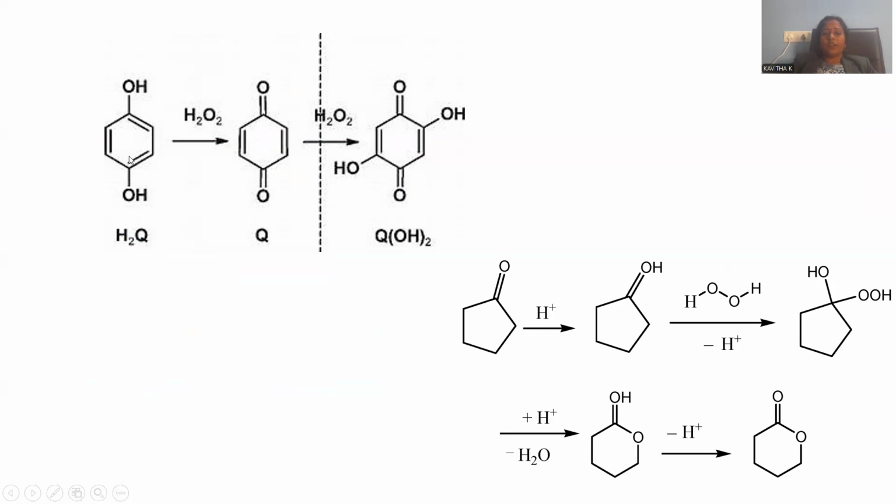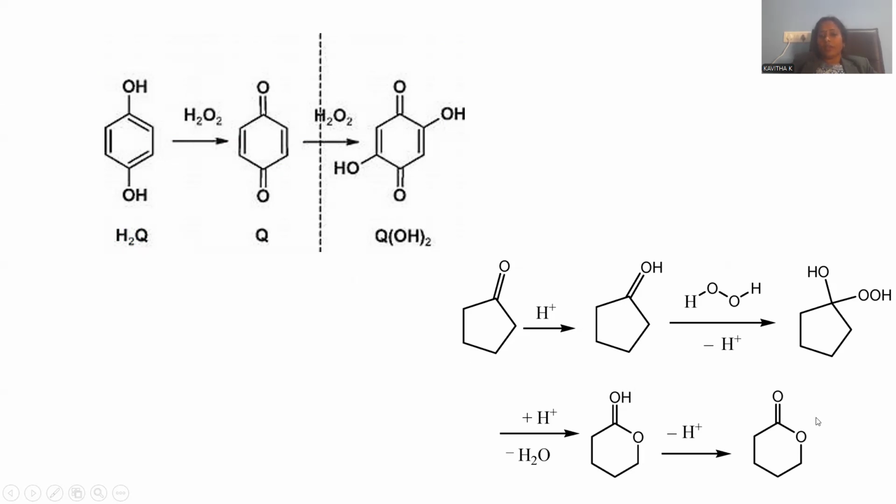Hydroquinone, where a benzenoid nucleus has hydroxyl functional groups at the first and fourth positions. Upon reacting with hydrogen peroxide, it will be turned into C double bond O, C double bond O. This is called the quinonoid form. Q stands for the quinonoid form, where hydrogens got removed. So whenever hydroquinone turns into quinone, the reaction is a kind of oxidation. In what way can we say it is oxidation? In terms of removal of hydrogen atoms. In this manner also hydrogen peroxide acts like an oxidizing agent, right?